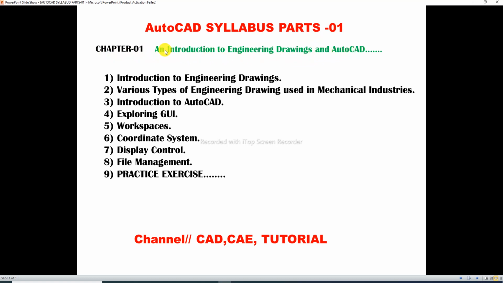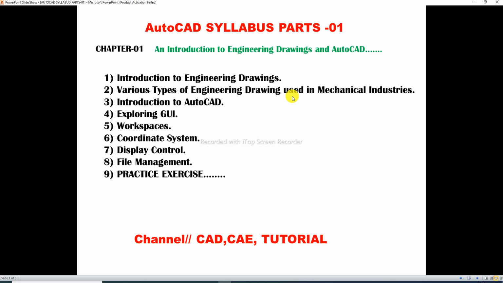This first chapter has these points. At first, introduction to engineering drawing. Second point is various types of engineering drawing used in the mechanical industry. Third point is introduction to AutoCAD. Fourth point,